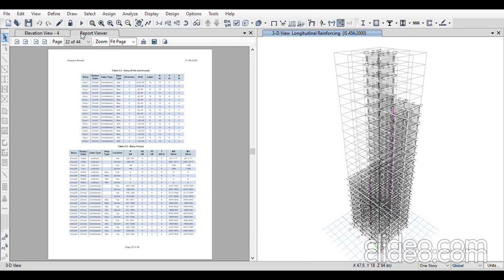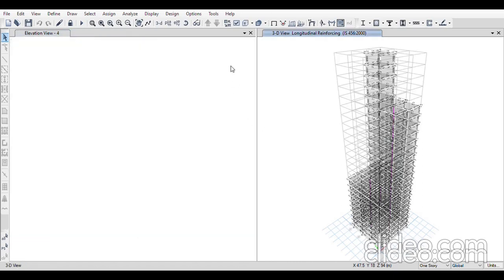I can save it. As it is not a registered license, I cannot even save it.